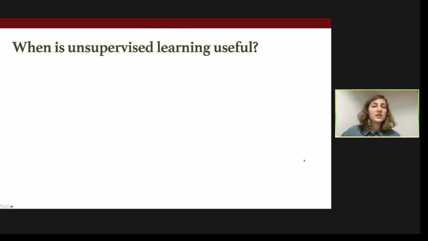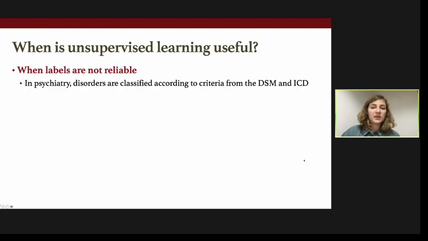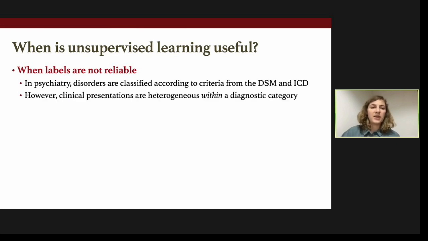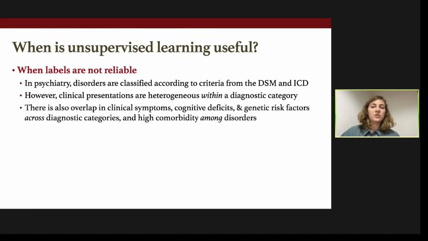So when is unsupervised learning useful? Well, when you can't use a supervised approach because your labels are not reliable. For example, in psychiatry, we know that the current diagnostic classification in the DSM or ICD may not reflect the underlying etiology of these disorders, as suggested by the heterogeneity of clinical presentations within a diagnostic category, but also knowing the large overlap that exists in clinical symptoms, in cognitive deficits, or genetic risk factors across diagnosis,